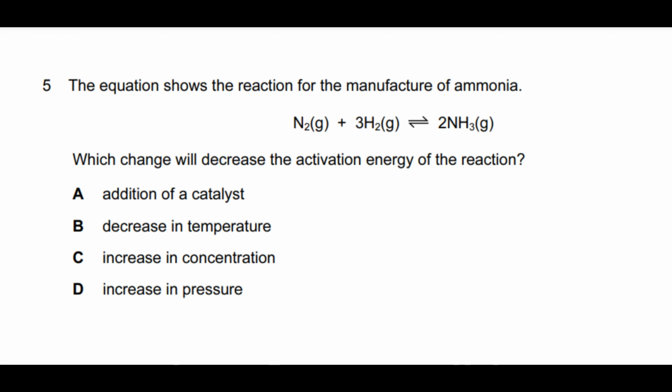Bravo says decrease in temperature. As in the previous reaction, we have seen that production of ammonia is an exothermic reaction. So yes, decrease in temperature will favor the forward reaction, but it is not going to change the activation energy. Activation energy is only decreased by the addition of a catalyst. So Alpha is definitely the right answer. Charlie says increase in the concentration. No, it doesn't affect the activation energy. Delta says increase in pressure. It doesn't affect the activation energy. So Alpha is the correct